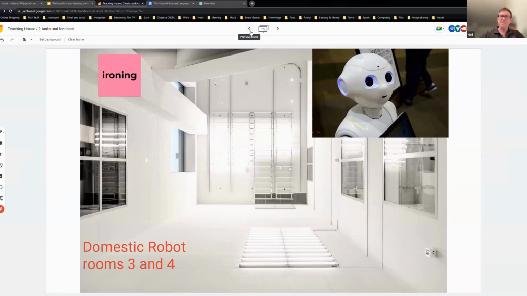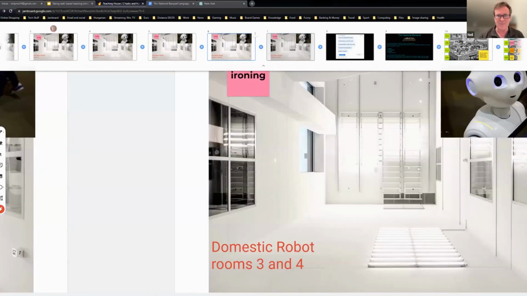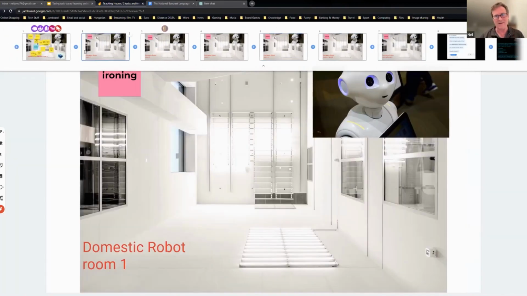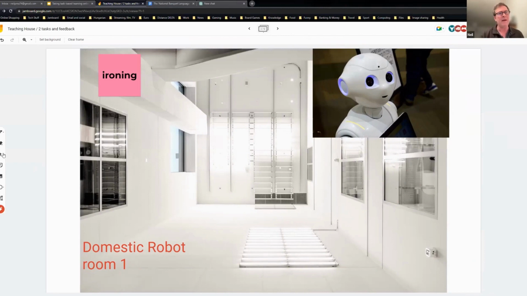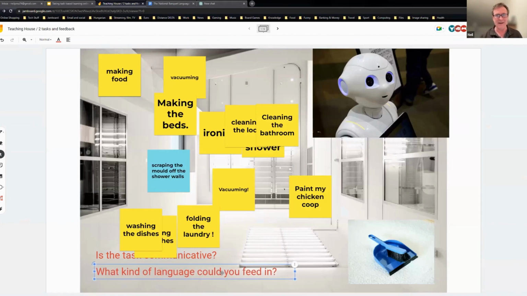And then back to the main room, you can choose somebody to report back. I think it's often useful to nominate that person in advance, or tell them you're going to report back, choose a spokesperson. So they can report back to the whole class in the main room, tell them which are the 3 chores that they hate most. And then if you want, you can vote as a class.